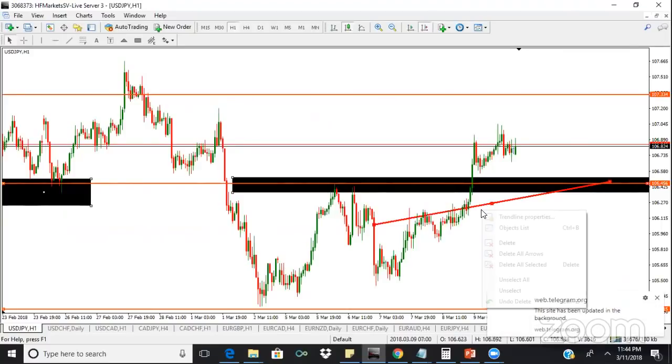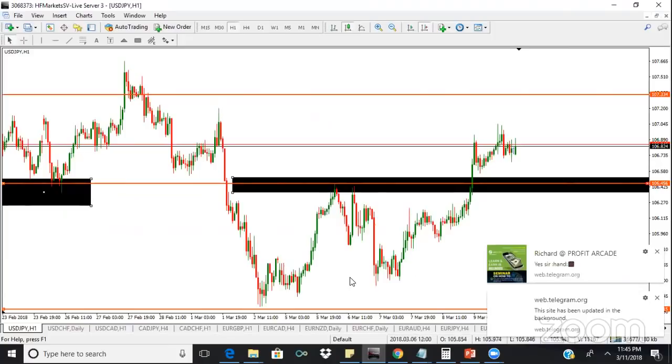Why? Because we saw it coming. So we entered at this zone. With this was our first take profit. Now,